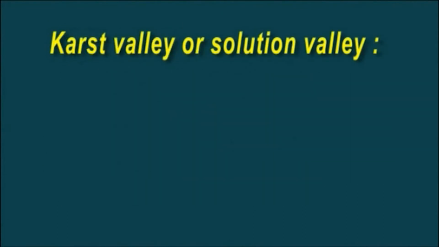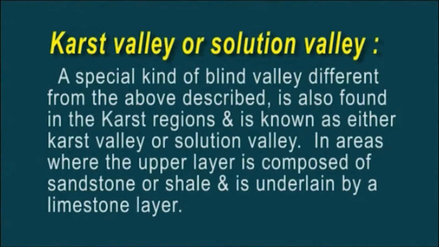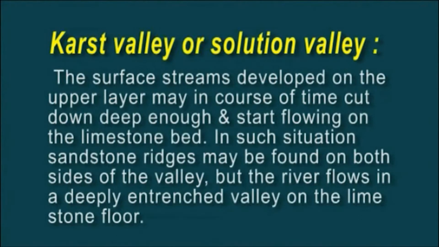Karst valley or solution valleys. A special kind of blind valley, different from the above described, is also found in the Karst regions and is known as either Karst valley or solution valley. In areas where the upper layer is composed of sandstones or shale and is underlain by a limestone layer, the surface streams developed on the upper layer